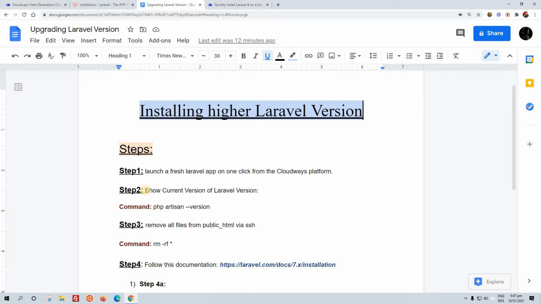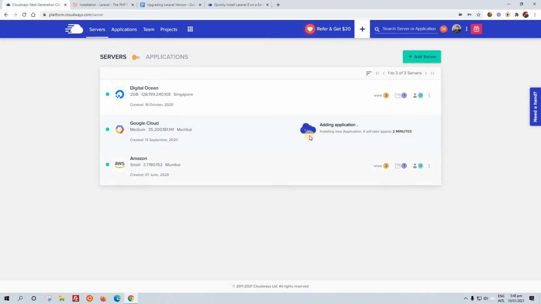Step 2 is to verify our Laravel version that is stored on Cloudways platform. We are going to do that via this command, php artisan version. So let's see how we are going to do that.